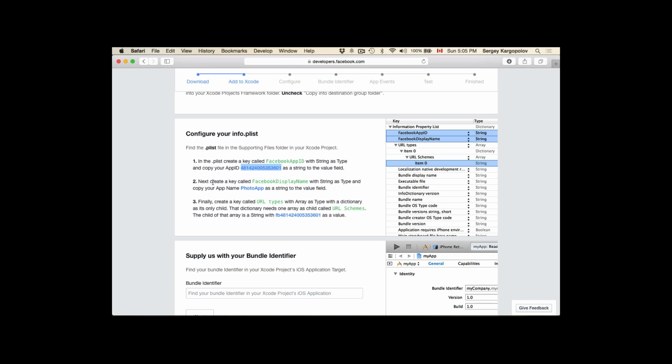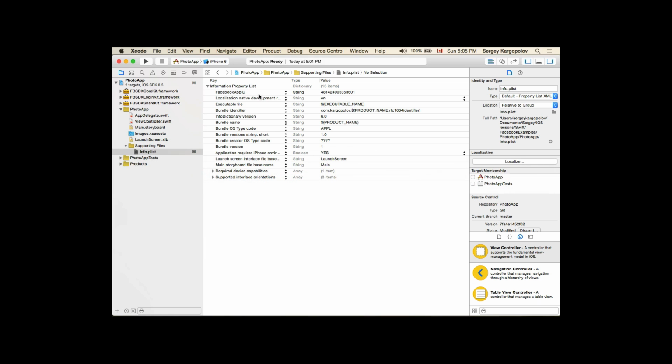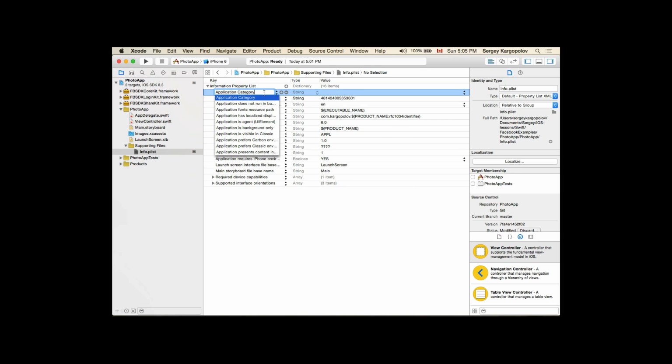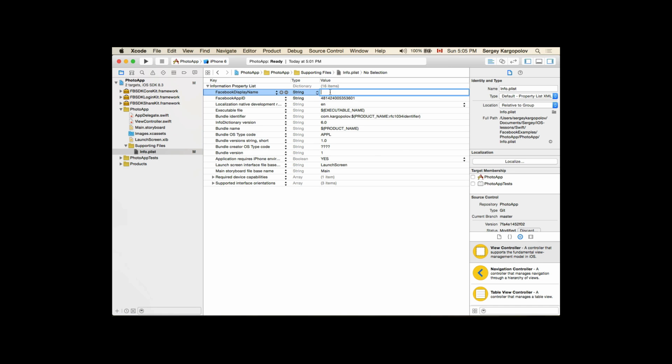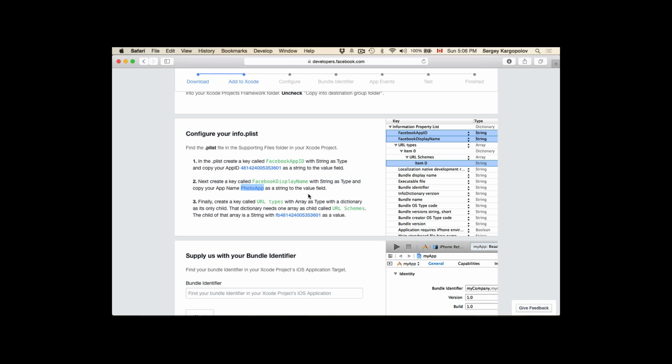The next one is to create a key called Facebook display name, and I'll do just the same step. I will tap on the plus button and I will add Facebook display name, and for the display name they suggest we use photo app. Okay. The next one is to create a key called URL types, which is an array,